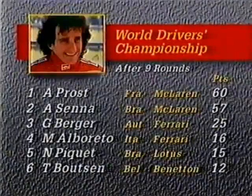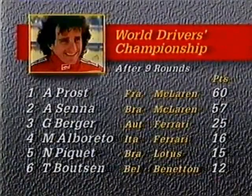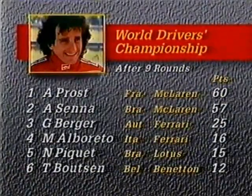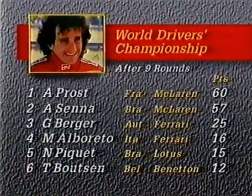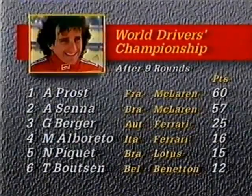Senna takes the race, but it's still Alain Prost leading the championship by 3 points. But as Murray pointed out earlier, drivers include only their best 11 results from 16 races. So Senna's 5 wins against Prost's 4 put him in the strong